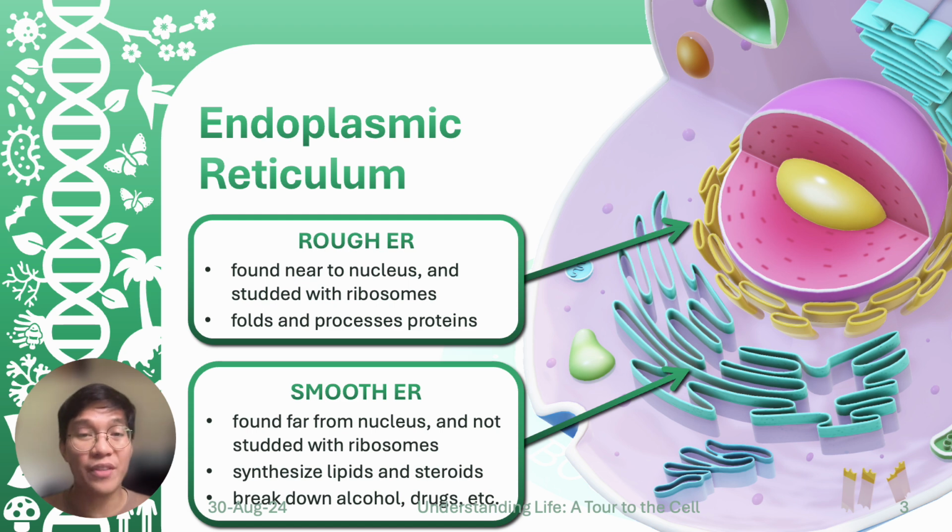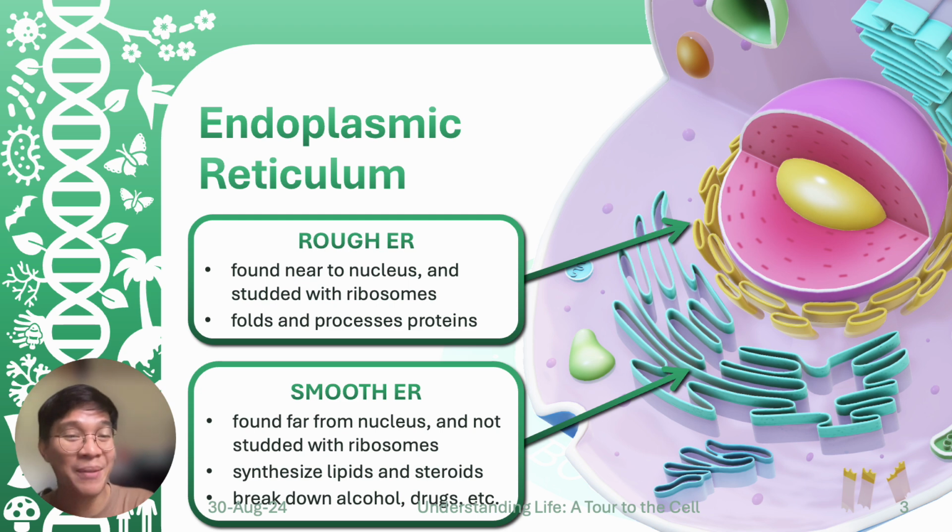Okay? The rough endoplasmic reticulum is found adjacent to the nucleus. When we say adjacent, it's actually near, or they are just beside each other. So we have the central nucleus, and just outside of it, you'll find the rough endoplasmic reticulum. And the rough endoplasmic reticulum gets its name from the studded ribosomes around it. Again, these ribosomes are very small and they attach to the rough endoplasmic reticulum, thus providing that rough texture of